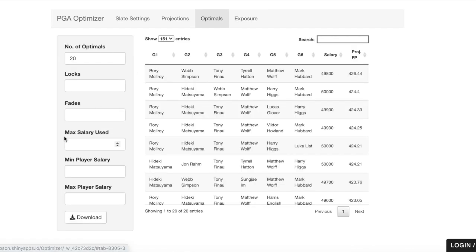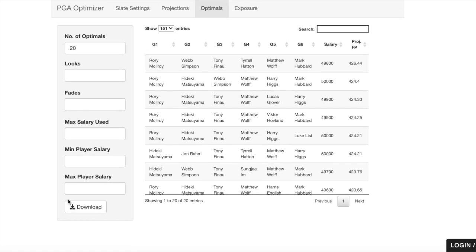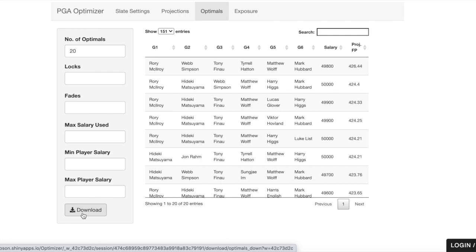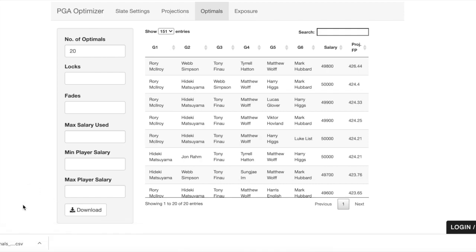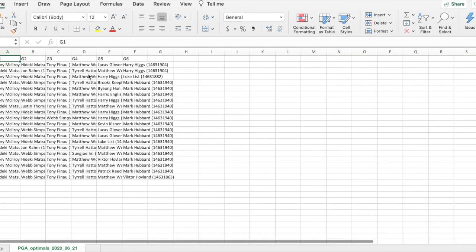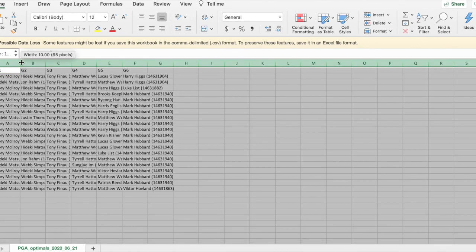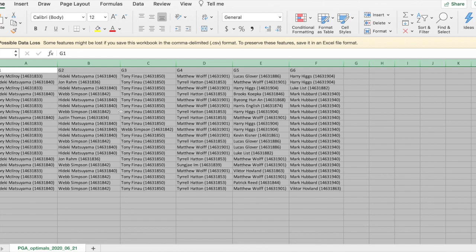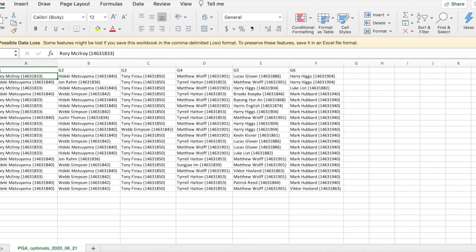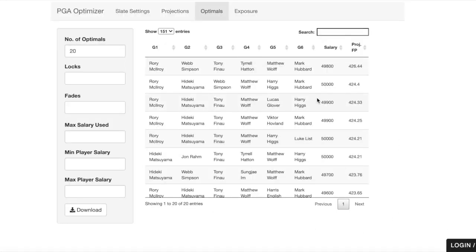Back to the optimals tab. So a cool thing that you can do, we've done this with all of our other sports projection optimization tools, but we're allowing for a raw download of projected lineups, which will give you your lineups in MME uploadable format with player IDs and all that stuff. So a pretty cool way if you're trying to do big MME builds and are looking to not enter by hand, but enter through CSV upload. We do allow for that functionality with the download